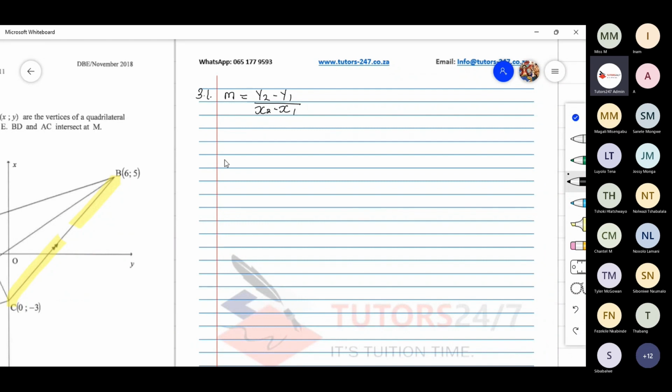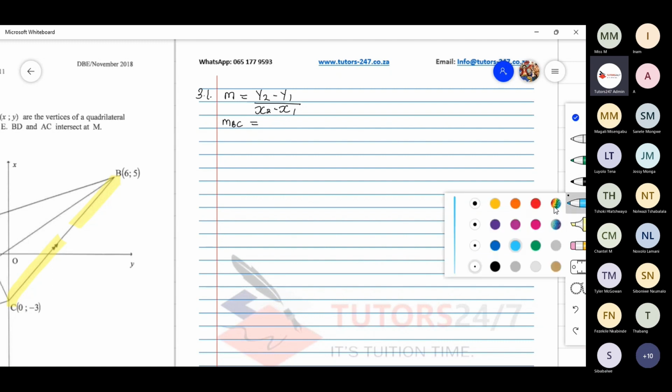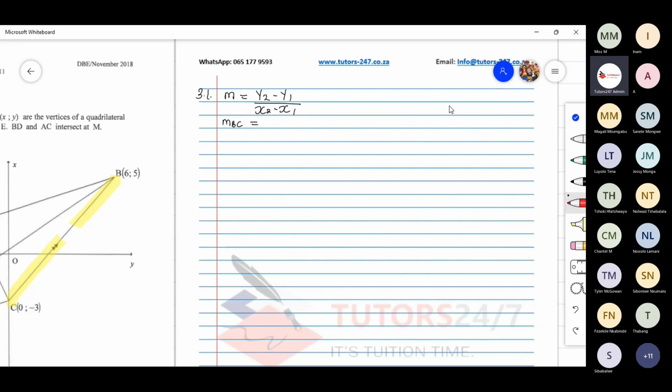You can also use 1 minus 2, it doesn't matter. Because we are calculating the gradient of BC, I'm going to use the coordinates of BC. So I'm going to write that down. We have 6 and 5, as well as 0 and -3. That then becomes x1, y1,